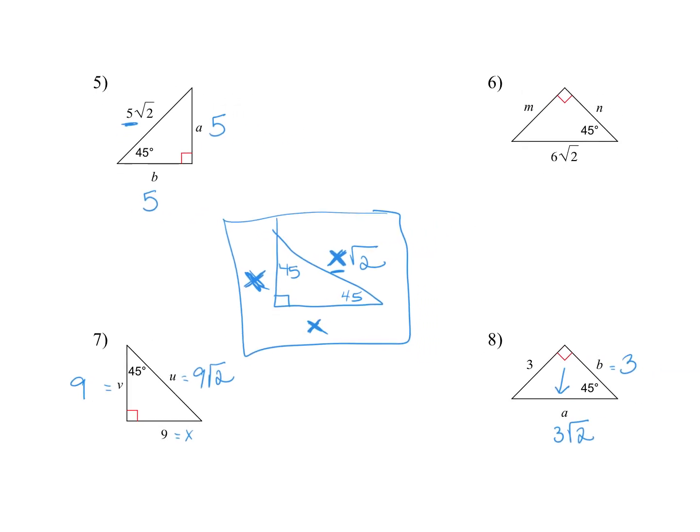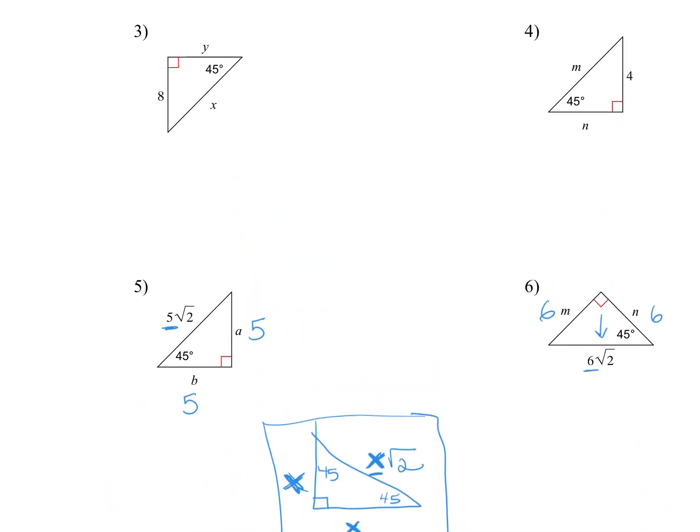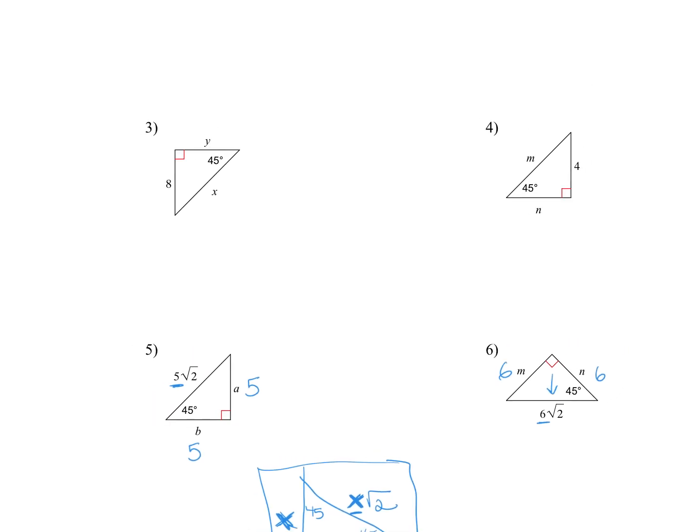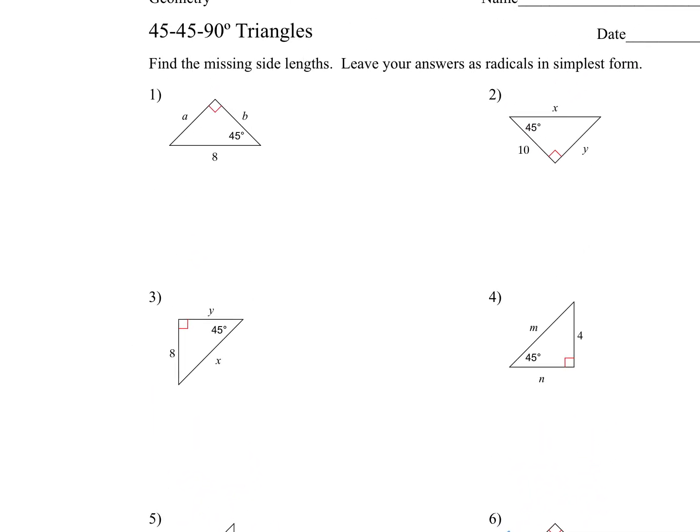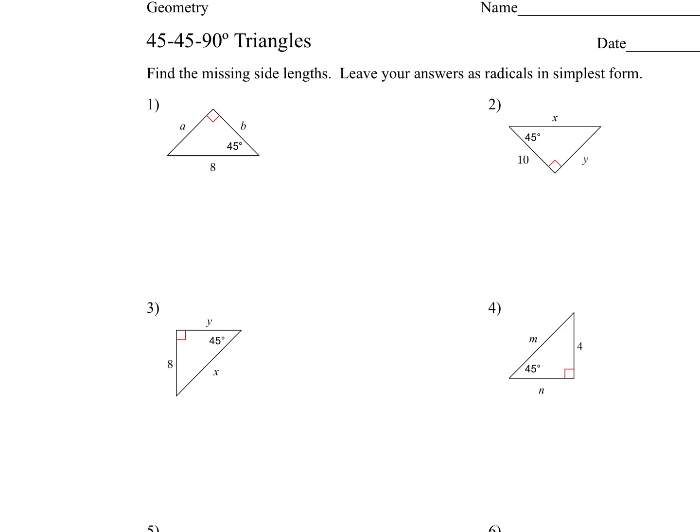And number 6 is also very similar. This is my hypotenuse. So the number in front of the square root of 2 is the length of my leg. So each of these has a length of 6. Okay. Now,